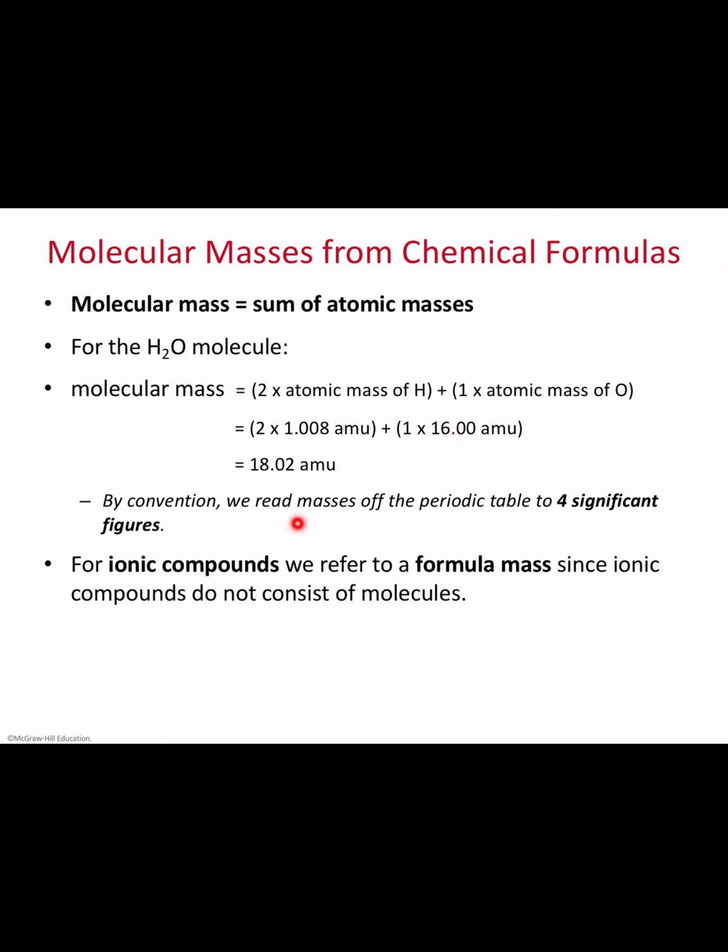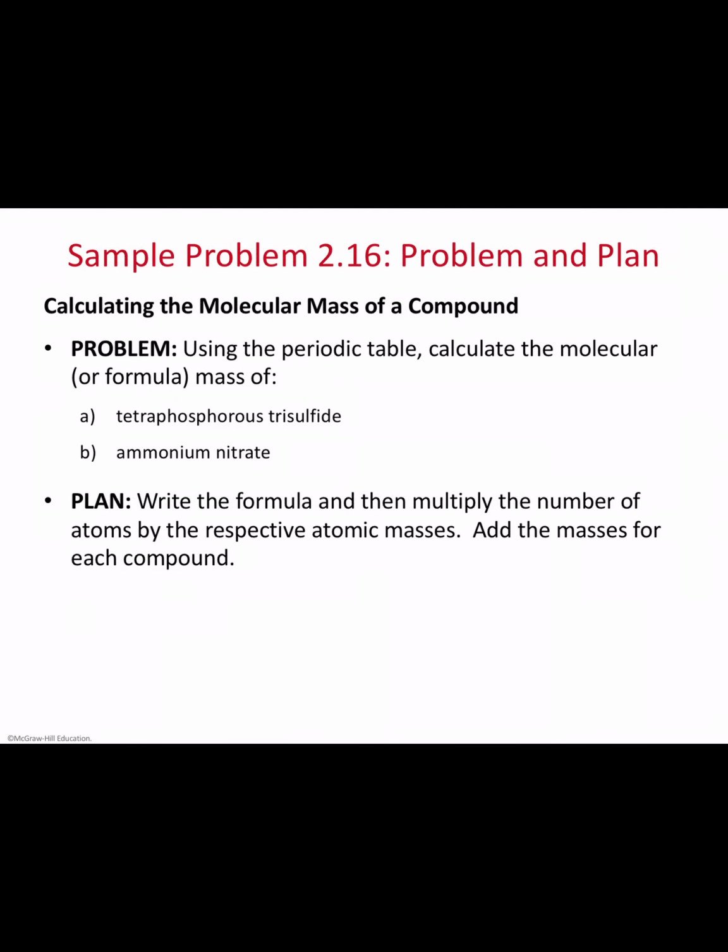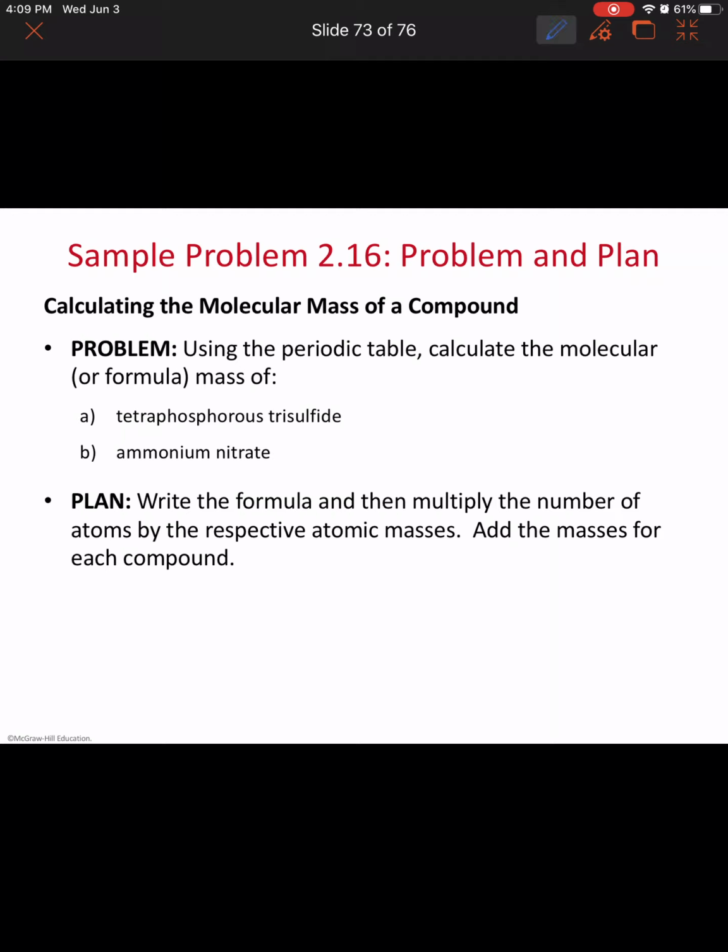So by convention, we read masses off the periodic table to 4 significant figures. For ionic compounds, we refer to formula mass, since ionic compounds do not consist of molecules. Using the periodic table, calculate the molecular or formula mass of tetraphosphorus trisulfide. Now, in order to find the molar mass, we need to know how to write the formula. So, tetraphosphorus trisulfide, how do you write